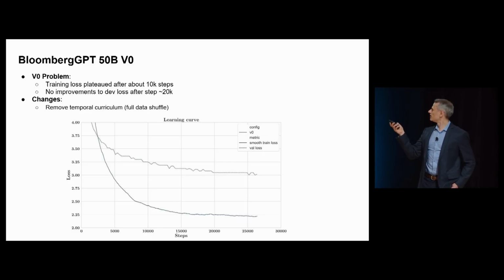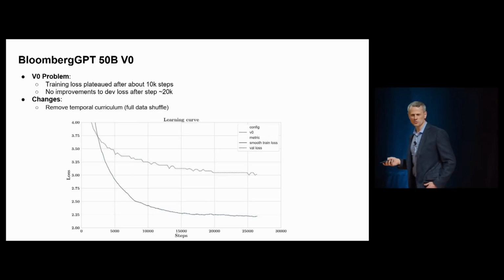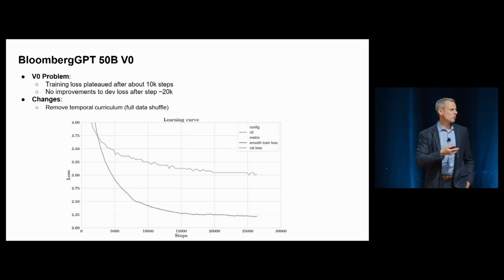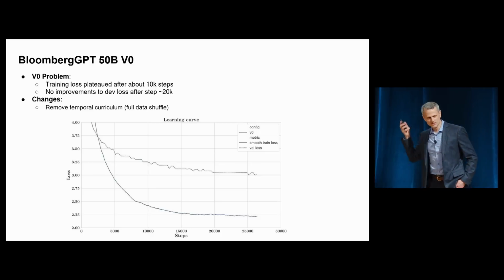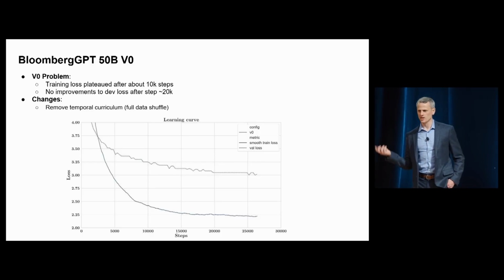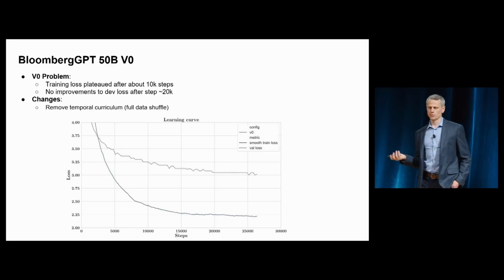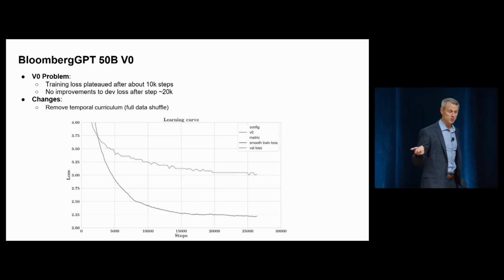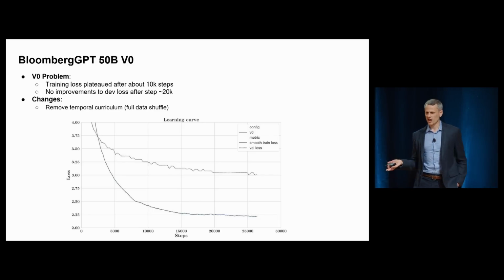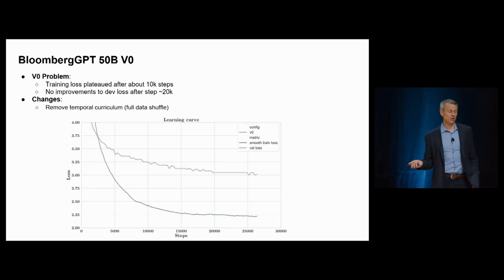And things seem to be going well at first, but about 4 days in, the learning curve just didn't go down very fast. It's still going down a bit, but when we compared to other models trained in a similar situation, the decrease in the loss seemed much more aggressive than ours. And this is a real concern. We were only 4, 5, 10 days into training, and we expected this to go on for 2 months. If training is stopping or is too slow, this could be a real issue.